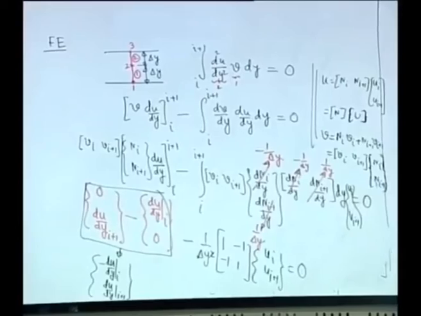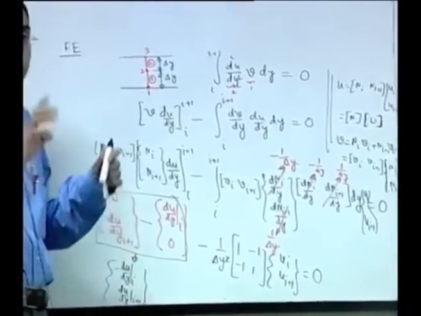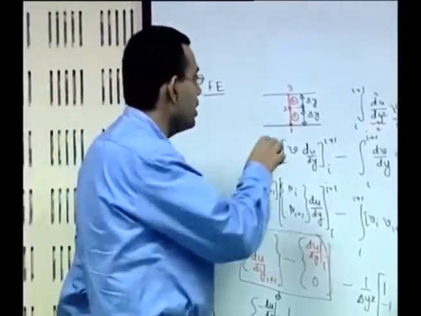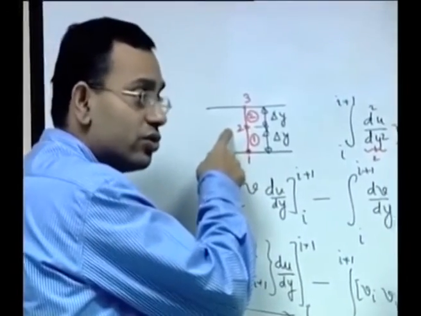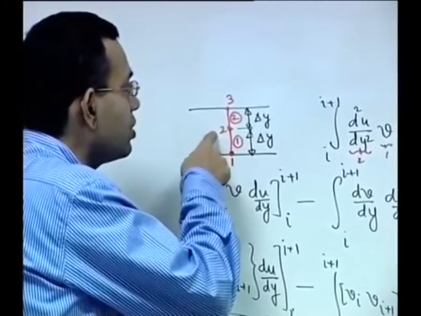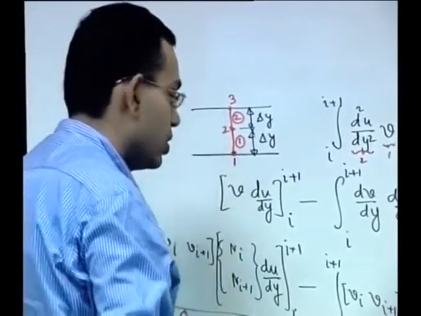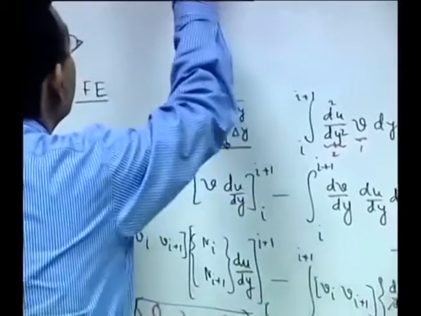Next what we will do, so this is for each element. Now we will assemble the two elements. One is element number 1 where i is 1 and i plus 1 is 2, then element number 2 where i is 2 and i plus 1 is 3. So if we assemble this,